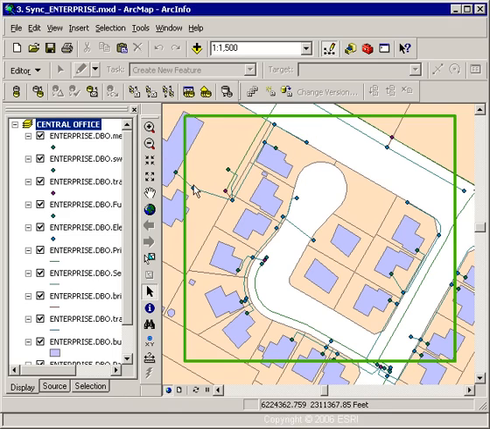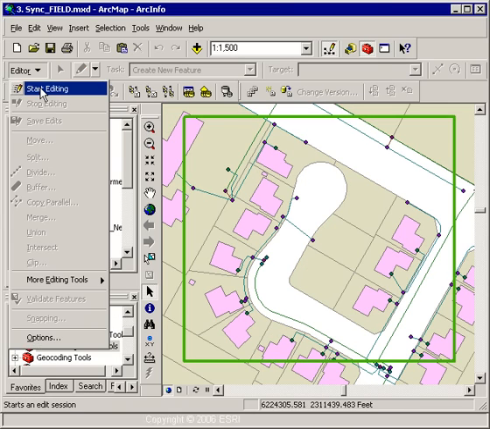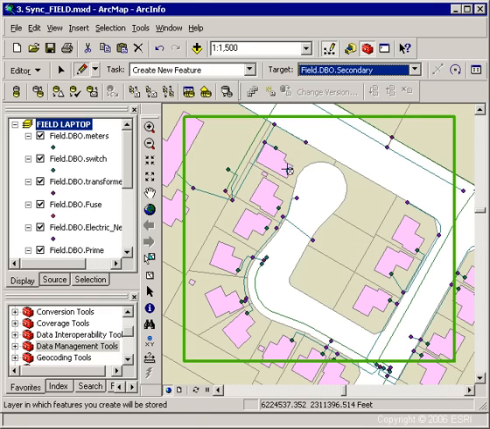And now let's go over to the field database. The field workers have added some meters and some service lines to those original building footprints we received in the first demonstration. We'll add some secondaries here. And once we're finished,